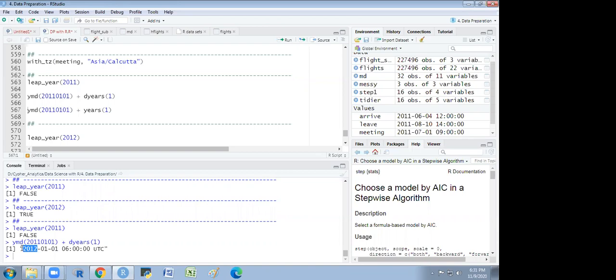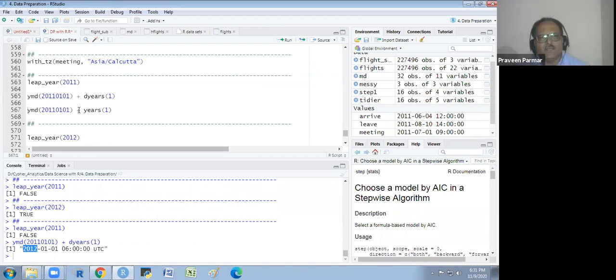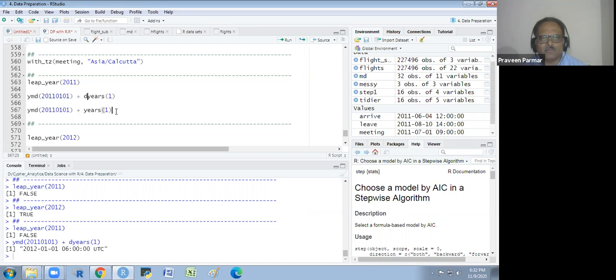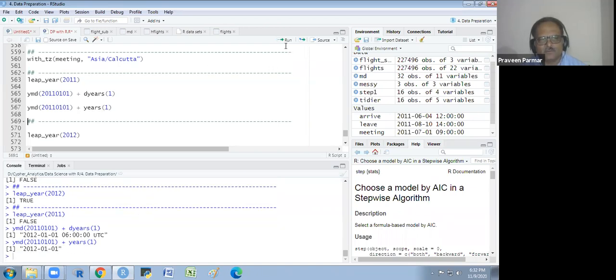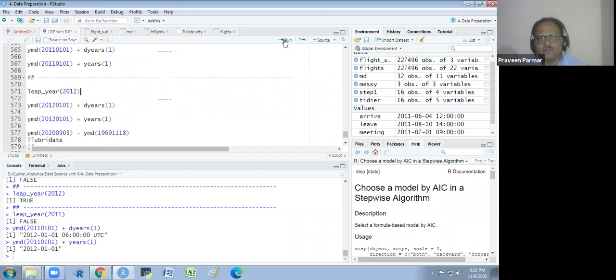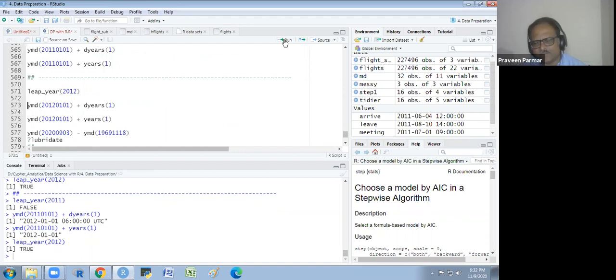And if I just write years 1, the same thing, instead of d years, I am writing years 1. You will see what is happening. It is also giving the date, the same result. But if I do the same activity in the leap year 2012, see what happens.